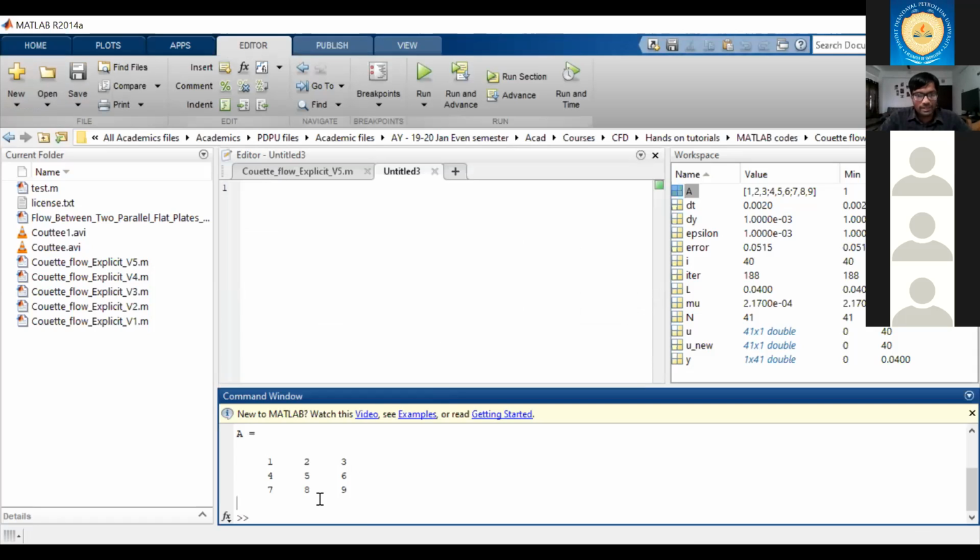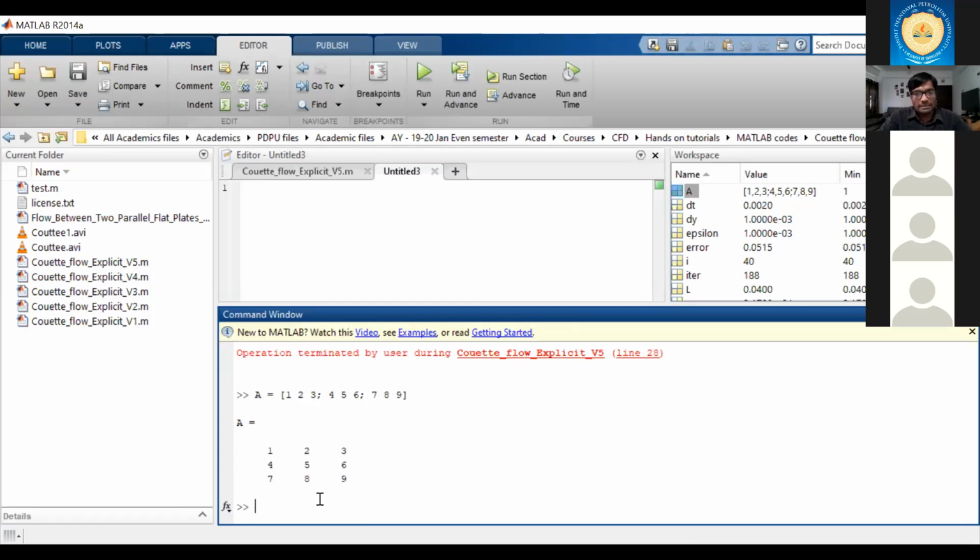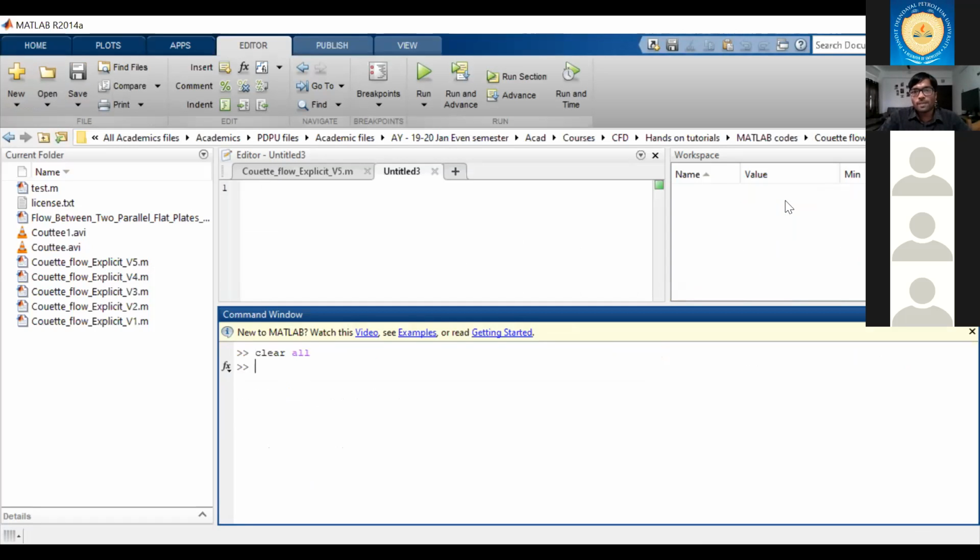So what I will do, I will clear everything. This is also a learning stage, you can say. I can clear the screen with clc. If I type clc, your screen will clear, but it will not clear the variables. See, variables are still there. For clearing the variables, you have to type clear all. When I do that, all my variables have been removed. There are no variables right now. So now I can start